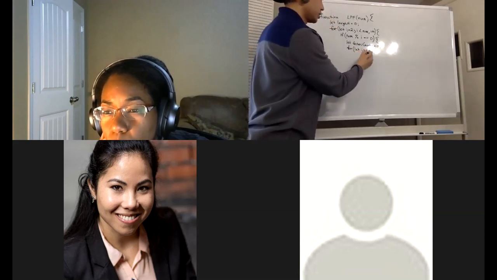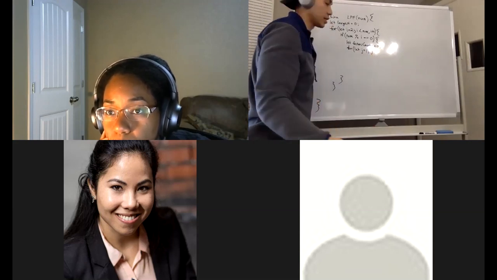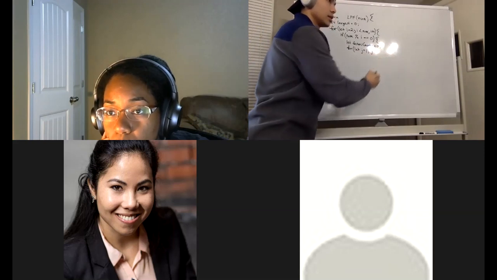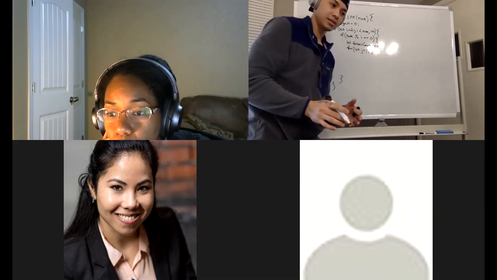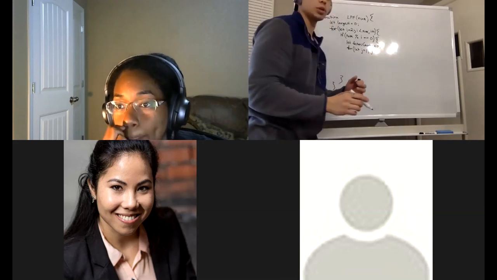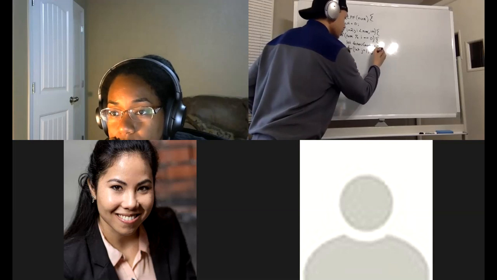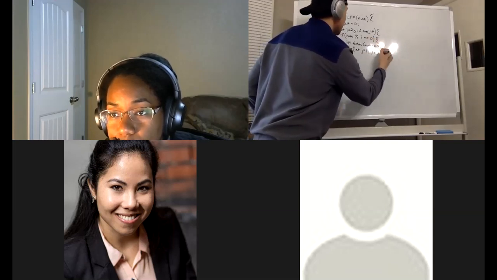So for let J equal 1, can a number be divisible by itself? Yes. So we want exclusive or inclusive for J? Inclusive. Correct. So we'll say it's less than or equal to